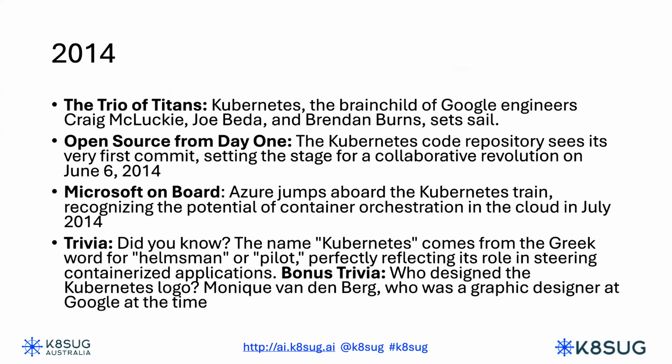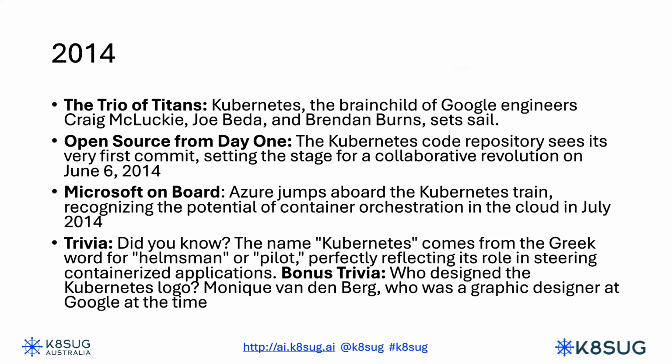The start of Kubernetes is in 2014. A little bit in 2013 they had talked about it, but in 2014, three engineers from Google, Greg, Joe, and Brendan, decided to set sail. The first commit of Kubernetes was of course on June 6, 2014, just tomorrow. And from there to today, more than 100,000 commits have happened in that repository.